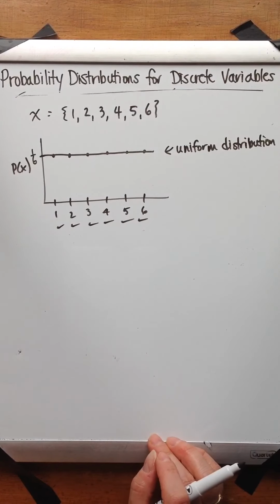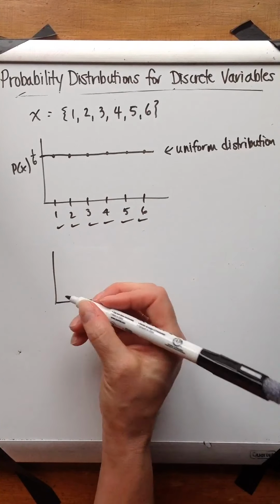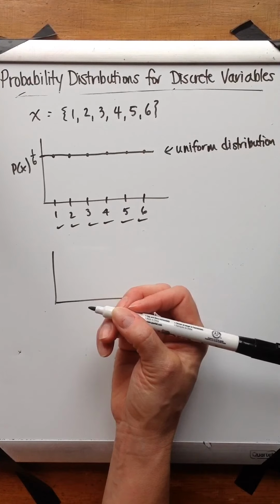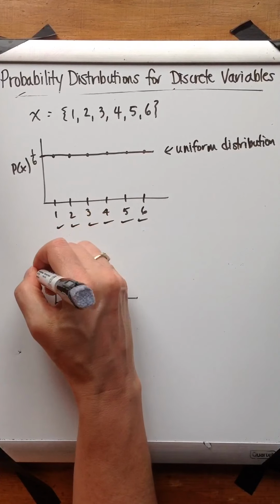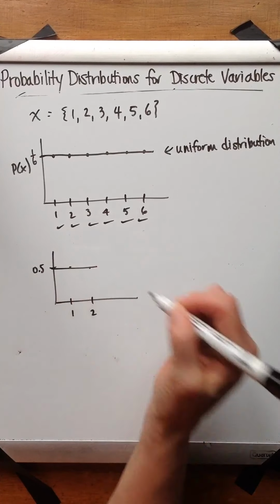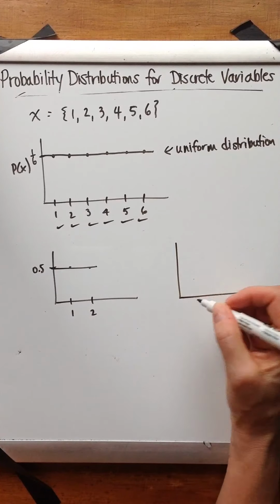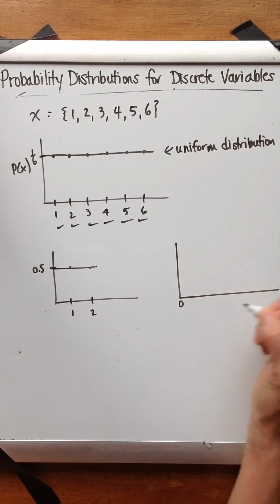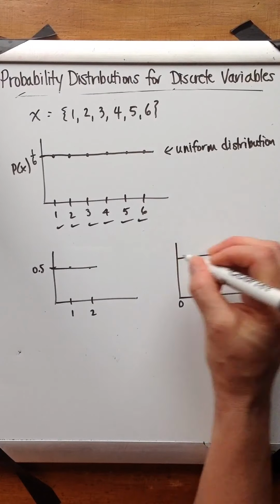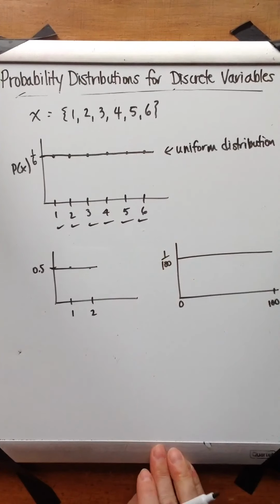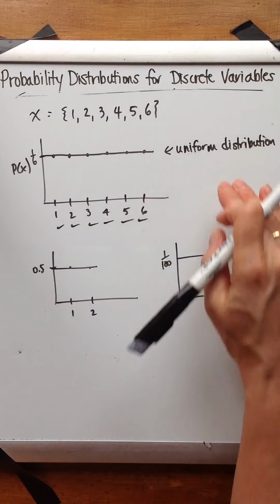Can you think of other scenarios where this would also be the case? Think about if you flip a coin. You're either going to get a heads or a tails, right? Maybe you let heads have a value of 1 and you let tails have a value of 2, and it's 50-50. That would also be a uniform distribution. What about if you pick a number randomly from 1 to 100, or from 0 to 100, right? You have a 1/100th chance for each of those. Again, a uniform distribution. Okay, and so there aren't as many scenarios in real life that follow uniform distributions, but